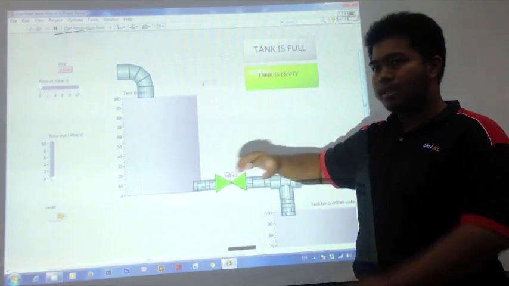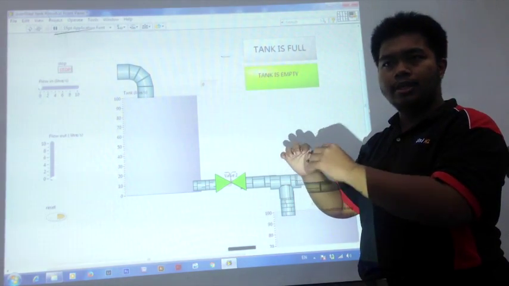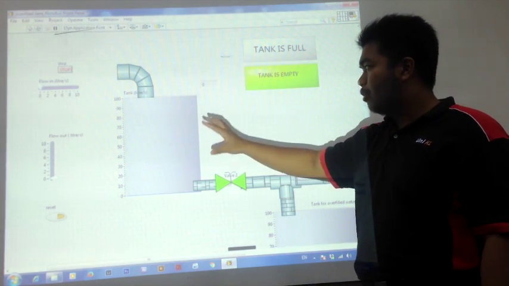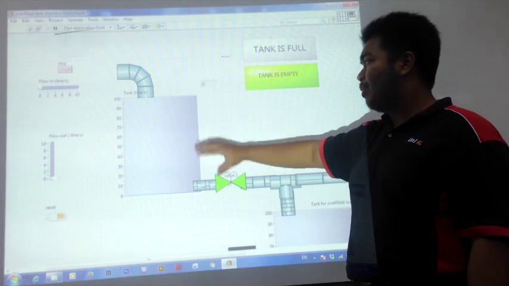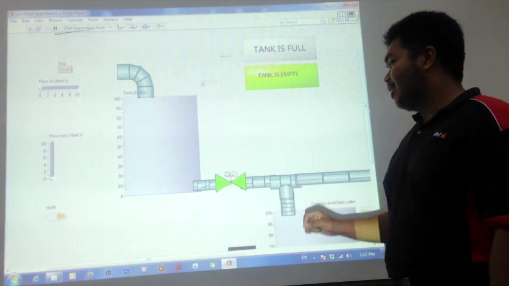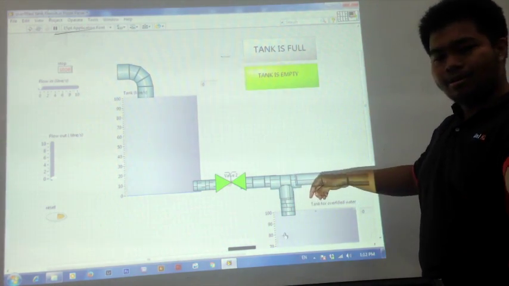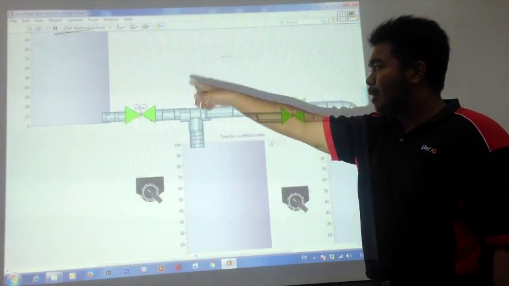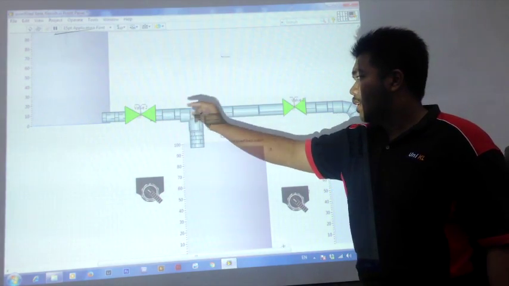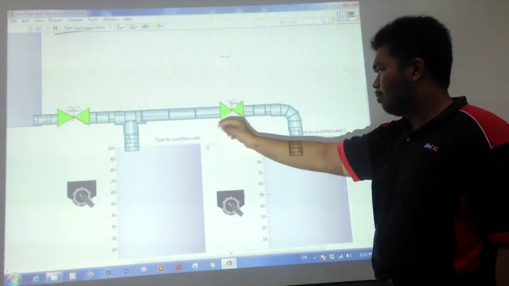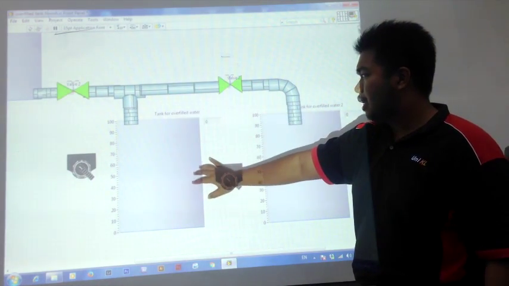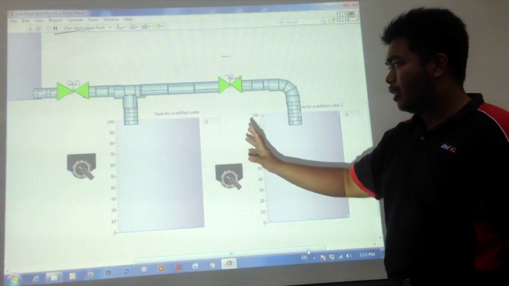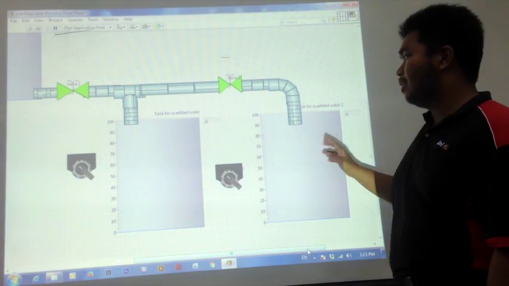These two are like a switch. It's like a water level. It is to control the rate of flow into our tank. Okay, this is the valve and the pipe. That is the pipe from the main tank that goes through the valve and splits two ways. This is the first distribution tank, and this is the second distribution tank. The valve is to control the water flow into the distribution tank.